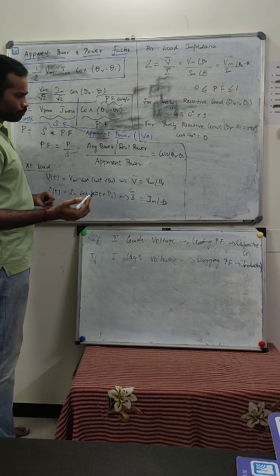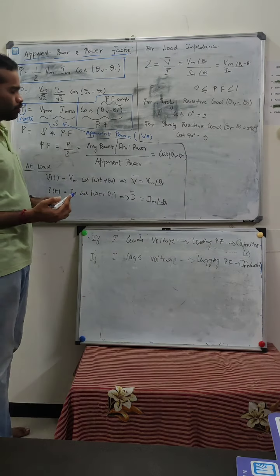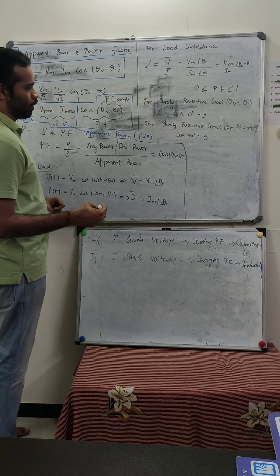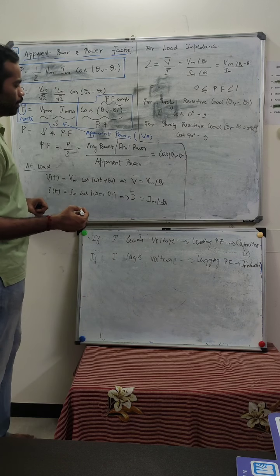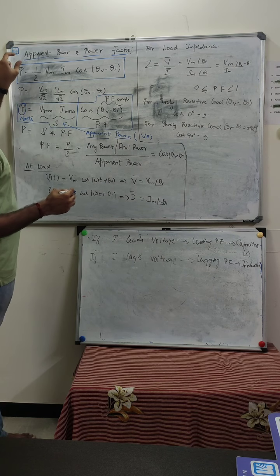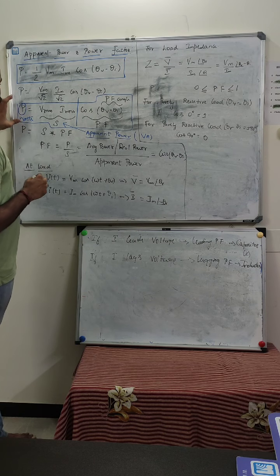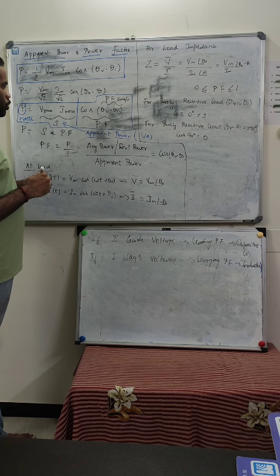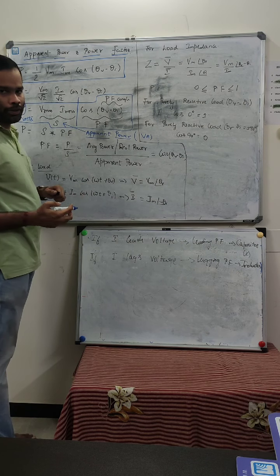And there is one more part that we will be talking about in the next class, basically the complex power as well as the reactive power. All those things we will be seeing in the next lecture. So in this lecture we are more into apparent power as well as the power factor. As I said, the average power is measured from the RMS power, and the RMS power is nothing but the apparent power. And the one which is coming in the second half is nothing but your power factor.